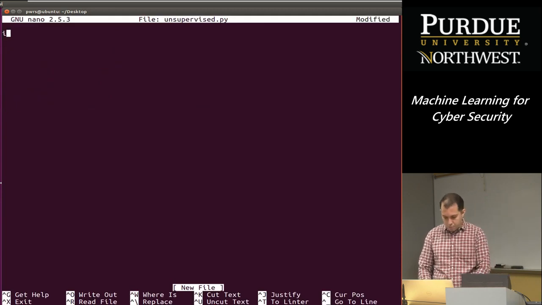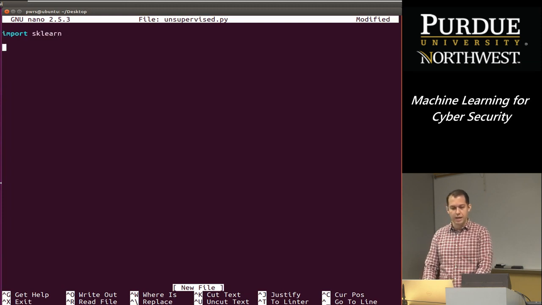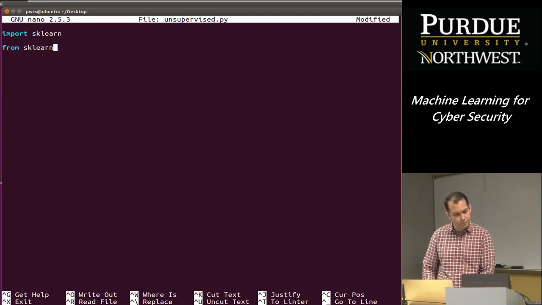And then I'm going to import in here the sklearn module. I'm also going to import singular value decomposition. So from sklearn.decomposition,